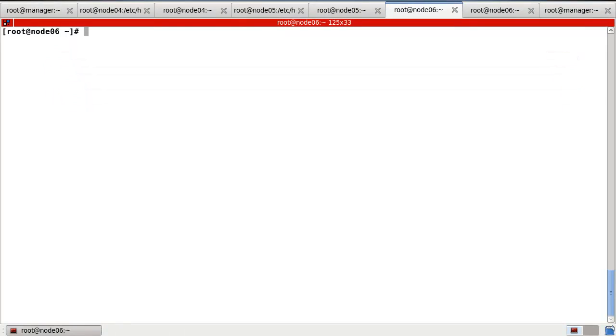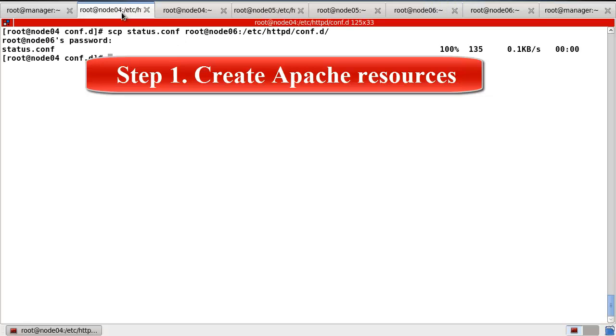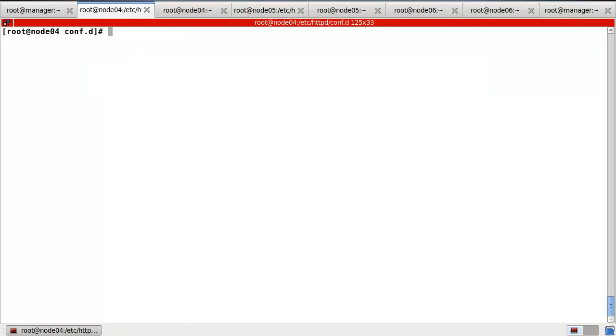There are 4 steps, I will tell you. So, step 1, create the Apache resources. So, in node 4, I will create this kind of Apache resources. So, pcs resource create, in my case, will be cluster IP and the ocf heartbeat, the provider, and the type.